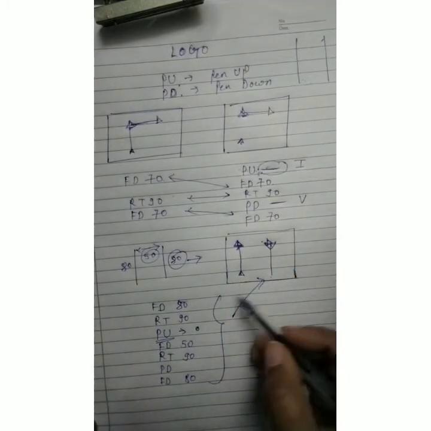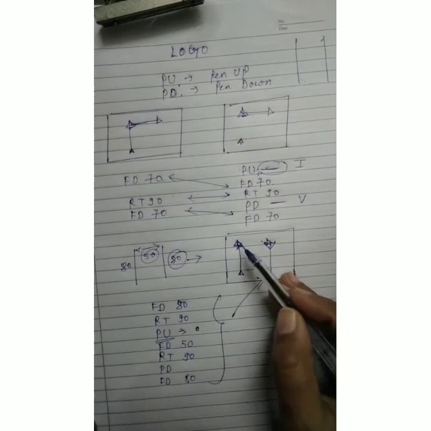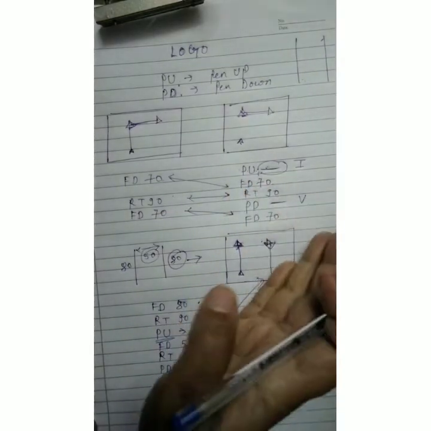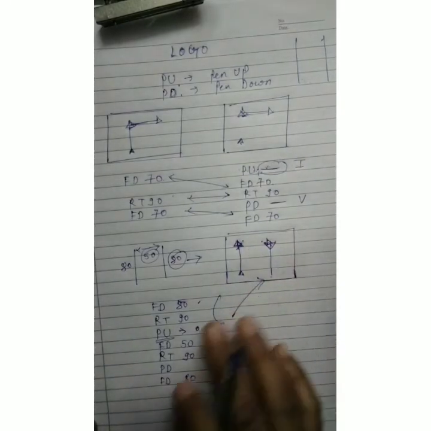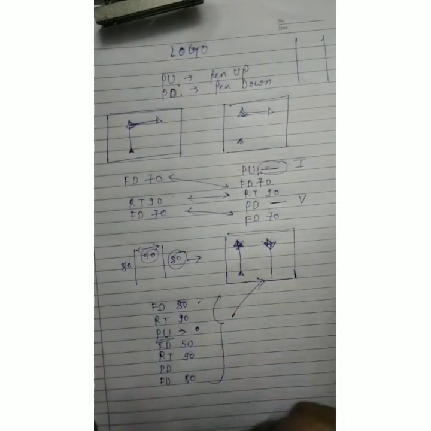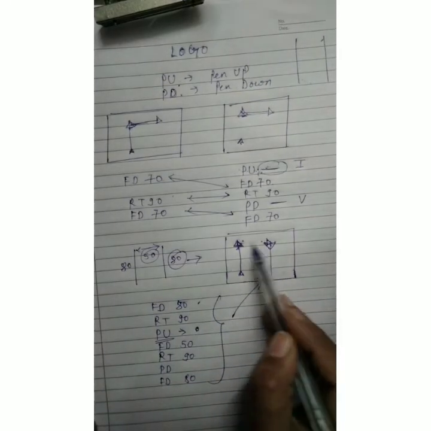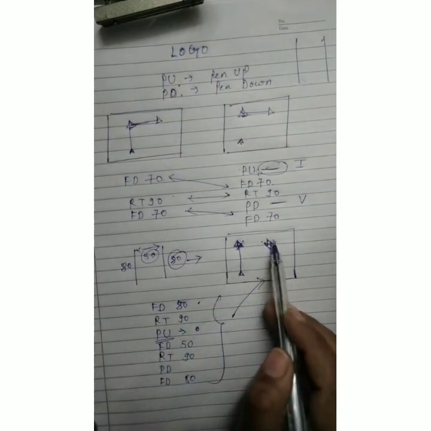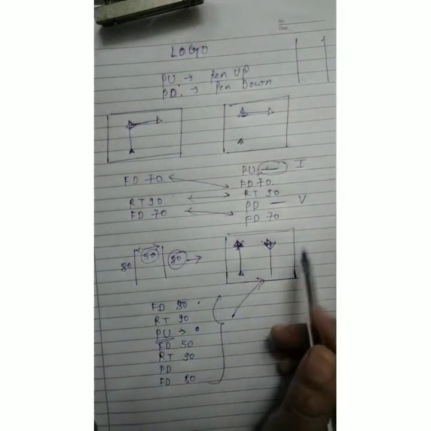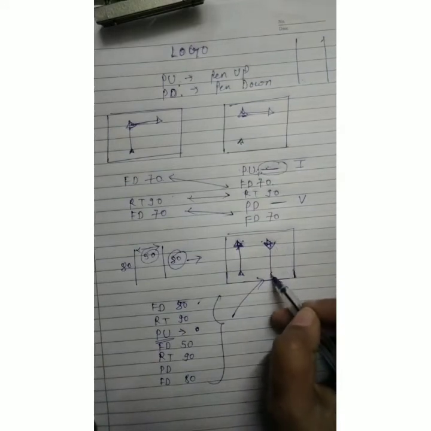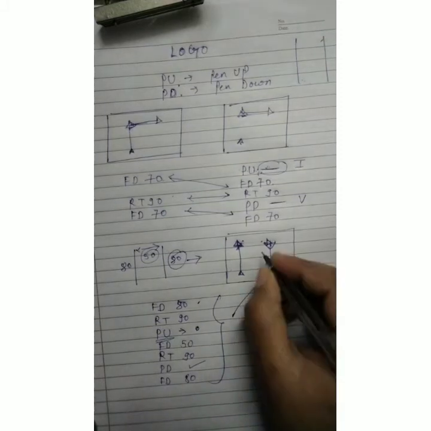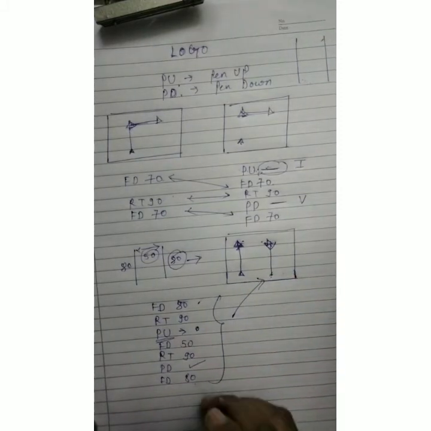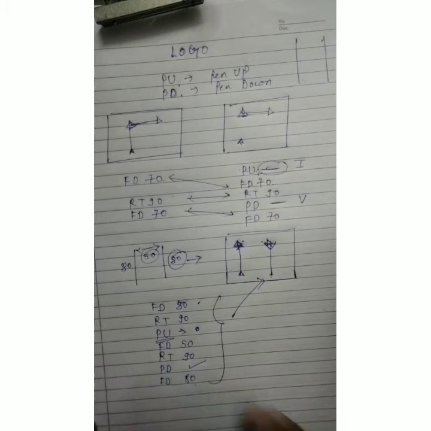So I am taking a quick recap of what I have done. FD80. Then RT90 to take a turn in the right direction. Then pen up for invisible line. We don't need to write any number with pen up. We are just giving a command to the turtle to do the pen up. Now FD50 to move in the same direction but an invisible line. Now to take a right turn for downside, and now we want to draw one line here. So we are writing pen down and then to move in the same direction, FD80.